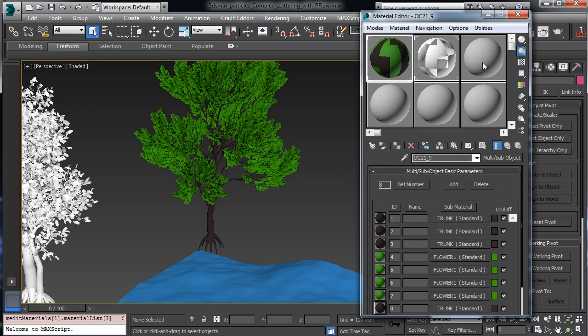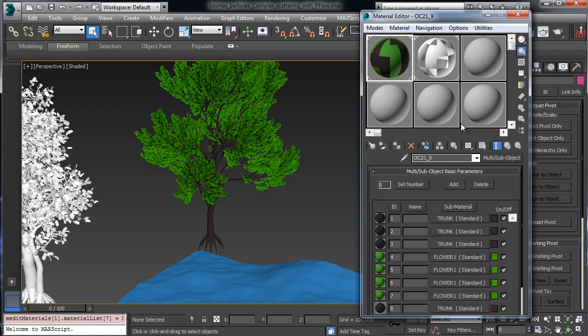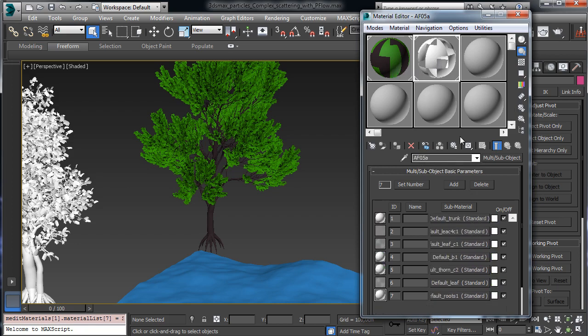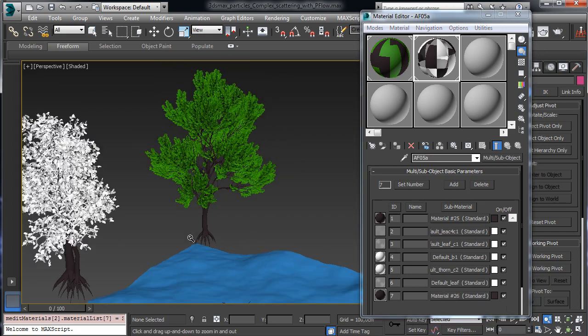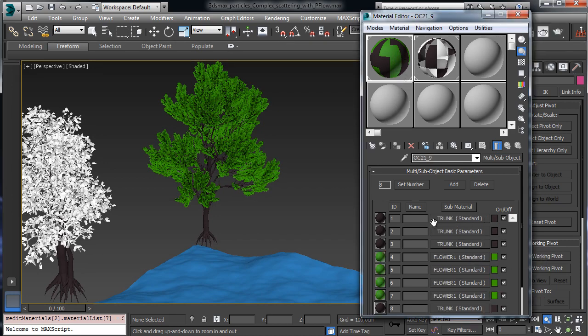So we have just something really simple. We can do the same for this one. So let's copy this one and paste it there, and we can have the same there. And then let's have the green one